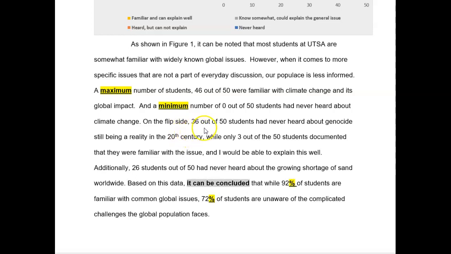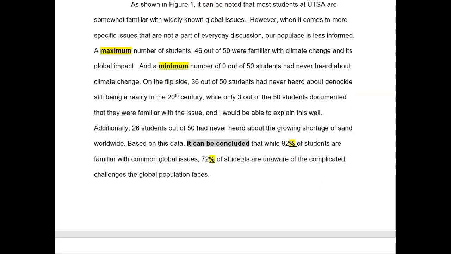On the flip side, 36 out of 50 students had never heard about genocide still being a reality in the 20th century, while only 3 out of 50 students documented that they were familiar with the issue and would be able to explain it well. Additionally, 26 students out of 50 had never heard about the growing shortage of sand worldwide.